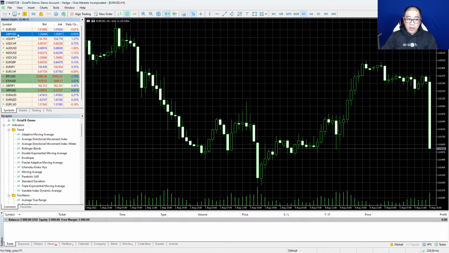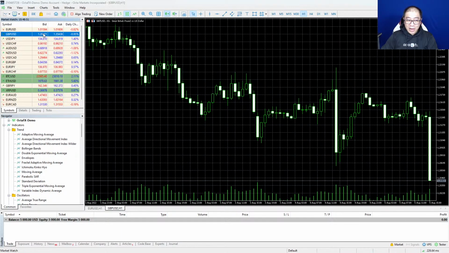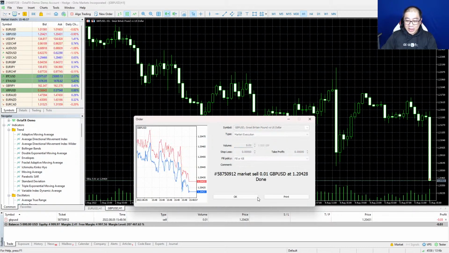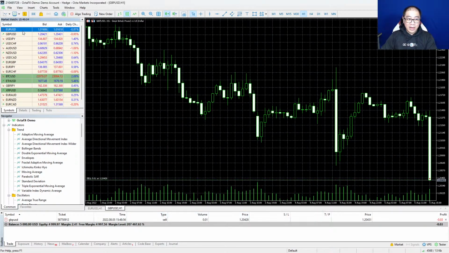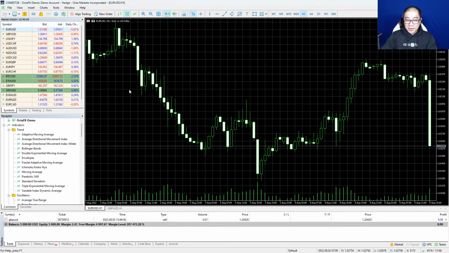Next up, I want to open up a chart on Pound USD. I can right click and then go to a chart window. This is looking like a very, very good opportunity to short the pound, and I just opened a Pound USD short. I think I would like to short the Euro USD as well, but there's a different method that